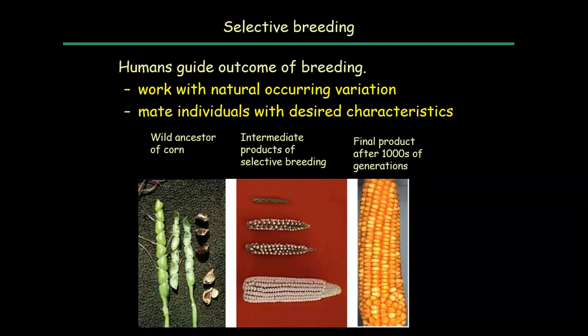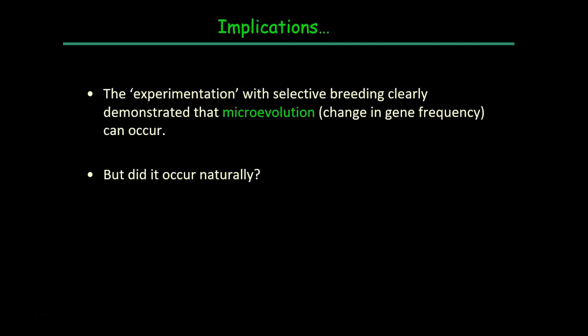And a lot of people were doing selective breeding in Darwin and Wallace's day. They were doing it with plants, they were doing it with animals, both for practical reasons and just as a hobby. For example, Darwin bred pigeons to come up with different traits. Okay, so this quote-unquote experimentation with selective breeding helped demonstrate that there could be changes in gene frequency from generation